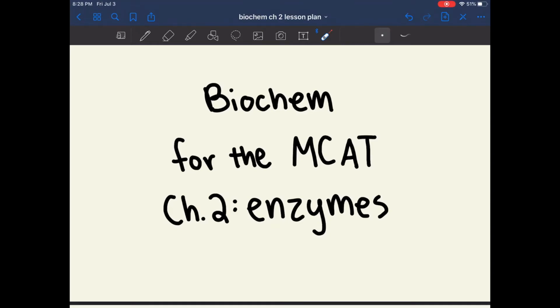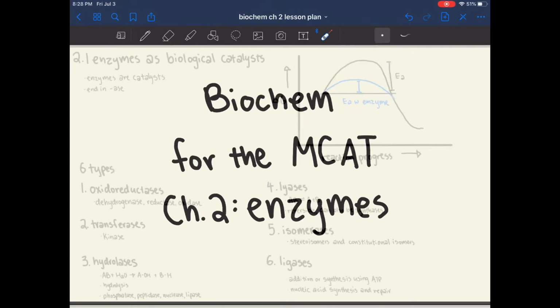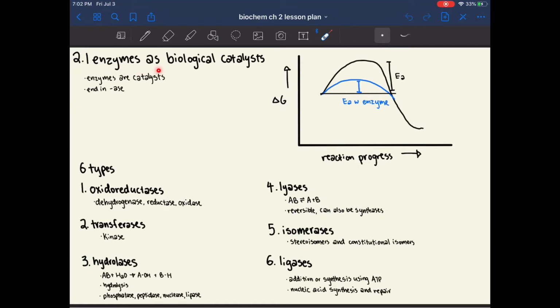Hi everyone! Today we're going over Chapter 2 of Biochemistry for the MCAT, which talks about enzymes. Chapter 2.1 deals with the role of enzymes as biological catalysts. All enzymes are catalysts, and you can tell when you're dealing with an enzyme because they'll end with the ending